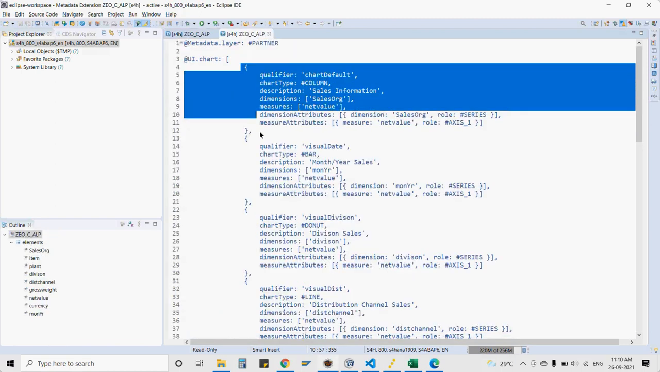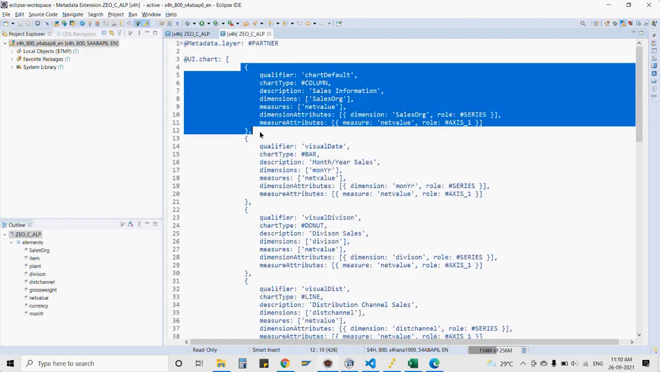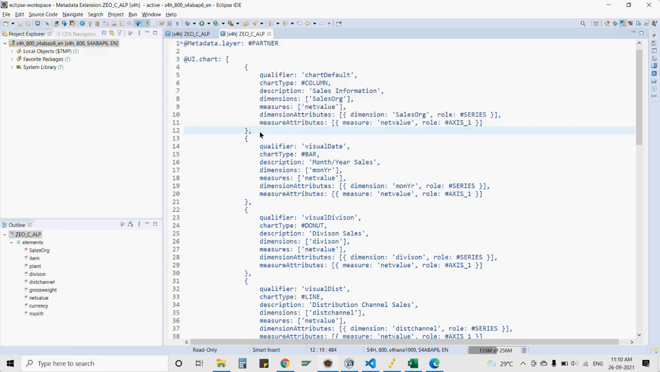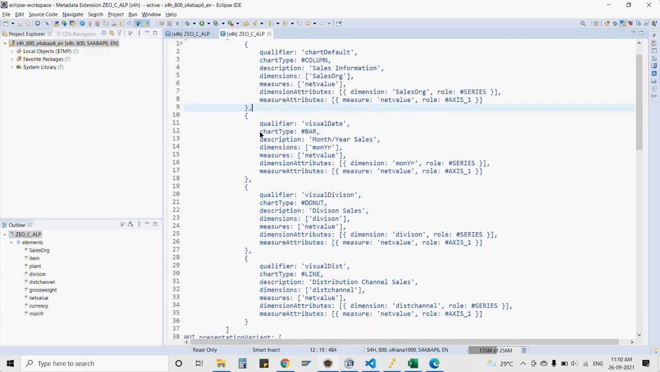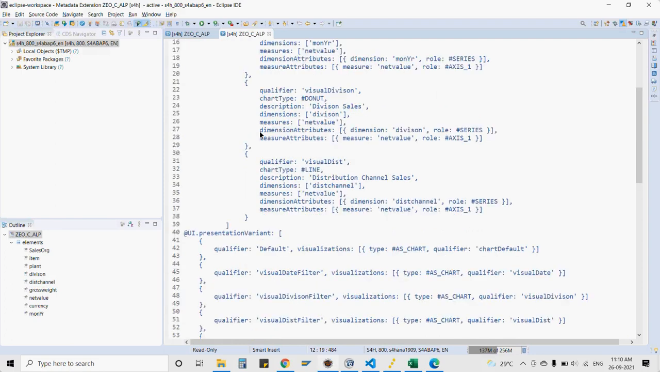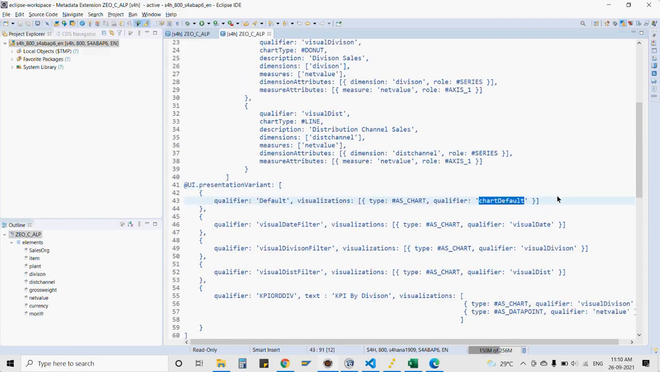So I generated a presentation variant with a qualifier called default, which is being presented as a chart. Okay, and I will have a chart as a default, which we just generated over here. So I'm just referring to the same. So this default qualifier is something that I have to use somewhere. And where did I use that? I use that somewhere over here in the